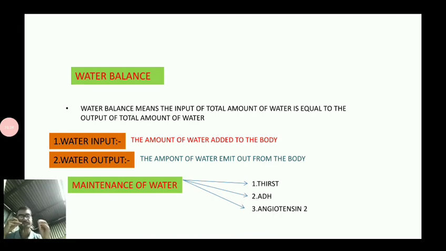The angiotensin 2 will help to increase the thirst activity and stimulate the secretion of aldosterone. Now what is the function of aldosterone? Aldosterone will increase the sodium retention. That means the sodium ion which would be emitted from your body through urine will decrease. Your urine will be formed not hypotonic, but hypertonic. This is the function of aldosterone, and this is the function of angiotensin 2, which will increase the thirst activity and also increase the aldosterone, which will increase the sodium retention.